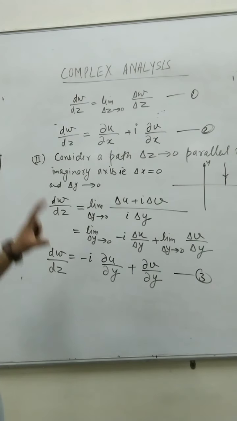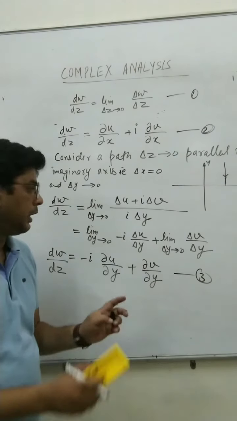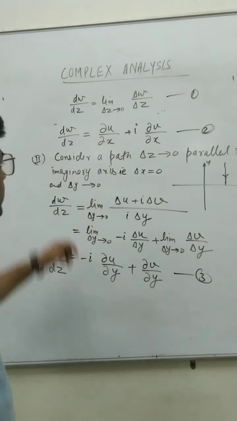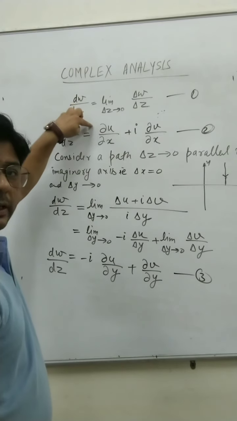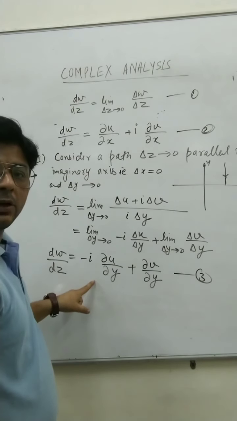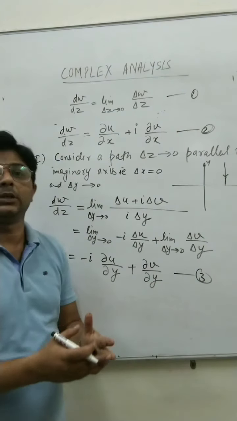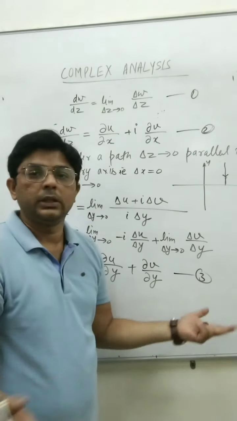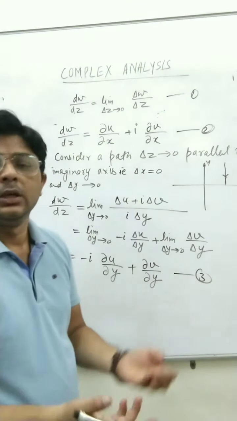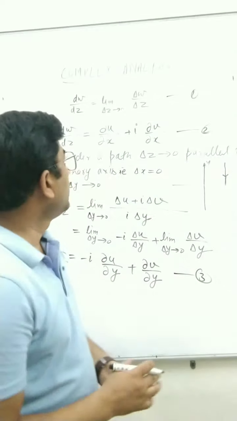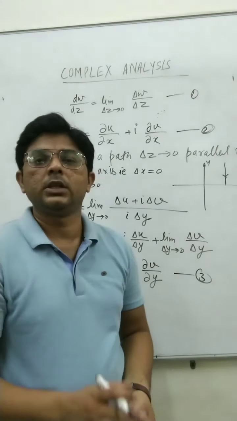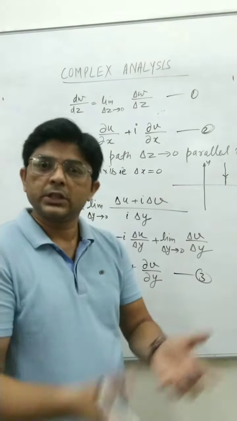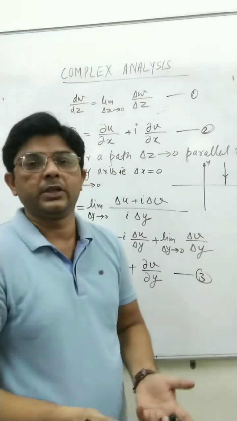Now we say that a limit exists only if the limit is equal when we move from different directions. So here we move from two directions. One direction is parallel to the x-axis and the other direction is parallel to the y-axis. So we are moving from different directions, but the value of the limit should be the same. If the value of the limit is not the same, then the limit cannot exist. And if the limit does not exist, then the function cannot be differentiable. And here we are finding the conditions for a differentiable function. The conditions for a differentiable function means we have to find those conditions under which a function is differentiable.